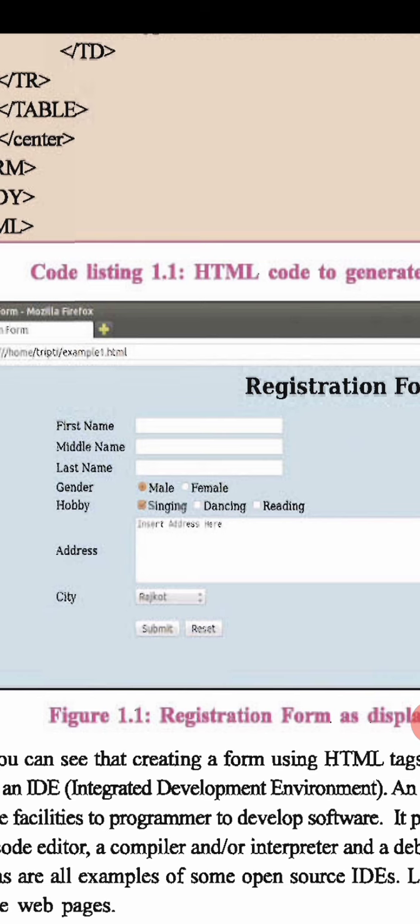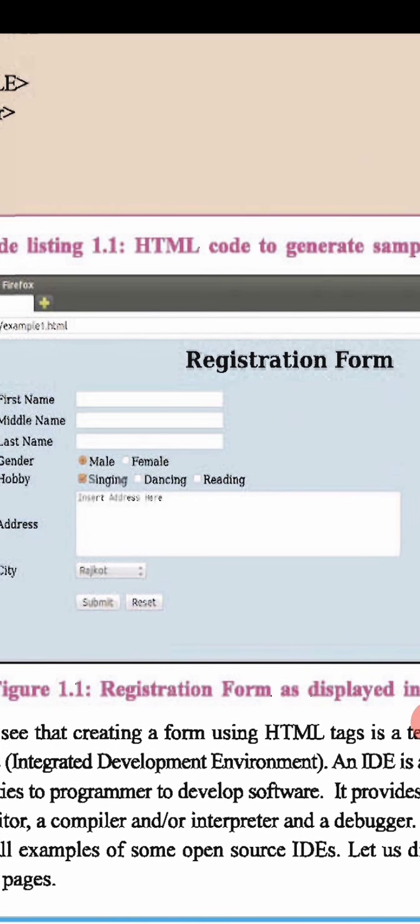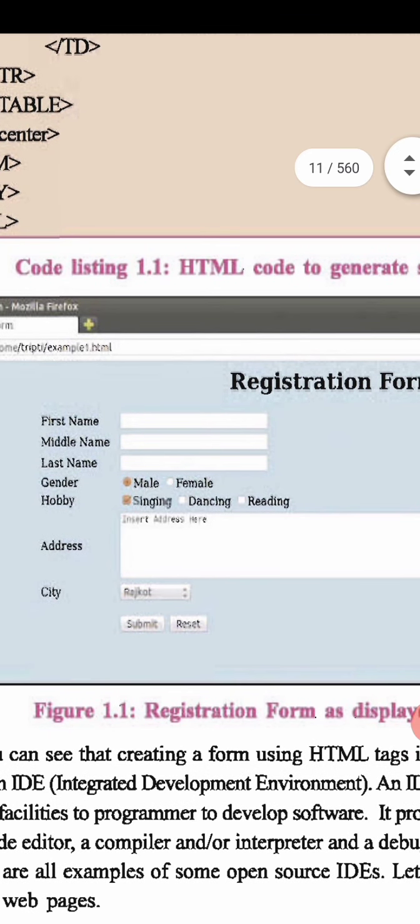Then comes hobby, where you want multi-selection. You can see a square box. A radio button is a circle, and a checkbox is a square. So you can select all 3 options also. Now address: you can see the address box is bigger than a normal text box, of 3-4 lines.